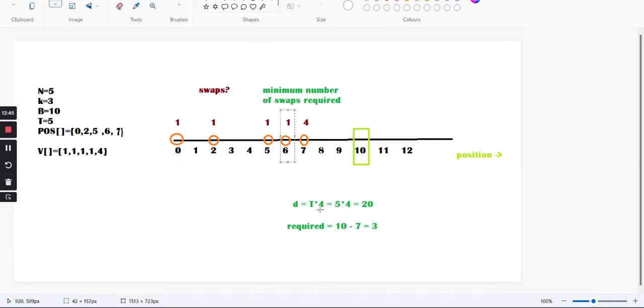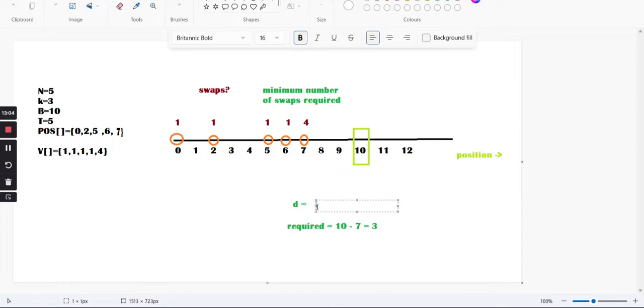So in this case, what will be its d? That is how much it can move. That will be capital T into 1. So in this case, d will be capital T into 1, that is equal to, since capital T is 5, so I can say 5. It can move